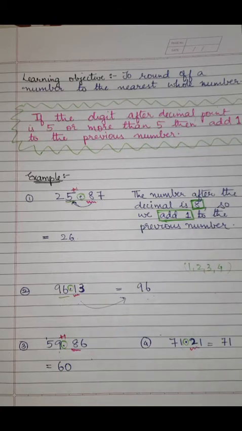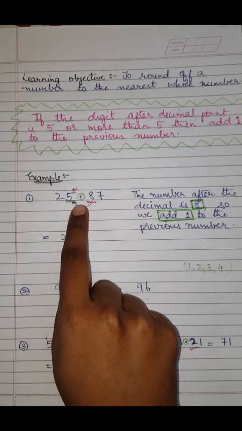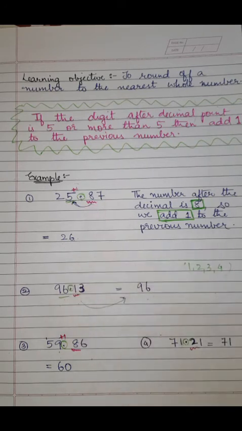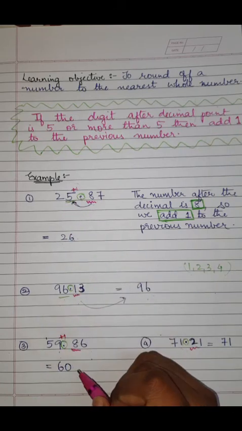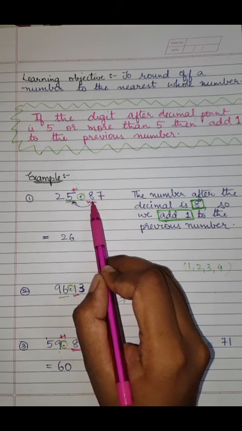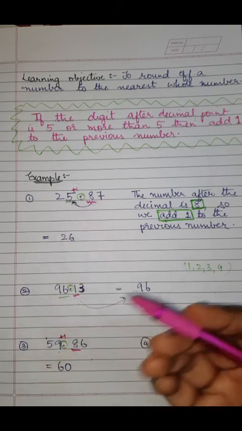So what did we do today? We have done the decimal, we have done rounding off to the nearest whole numbers. So to round off, what are you going to round off? A decimal value, you will round off to the nearest whole number. So what is the rule for that? You have to check the decimal point and you have to check the number after the decimal point. So if the number is 5 or greater than 5, then you will add 1 to the previous digit. So here I have 8, which is more than 5. So I will be adding 1 to the previous number.